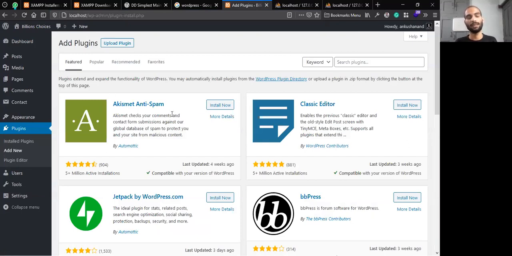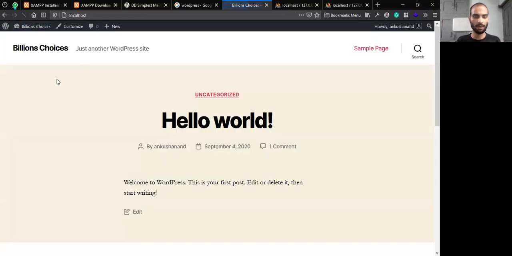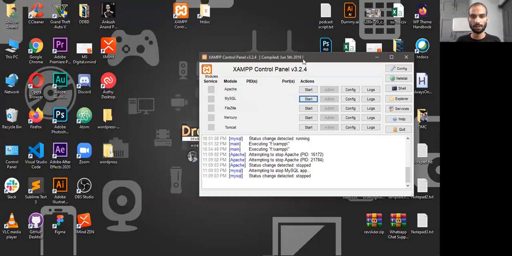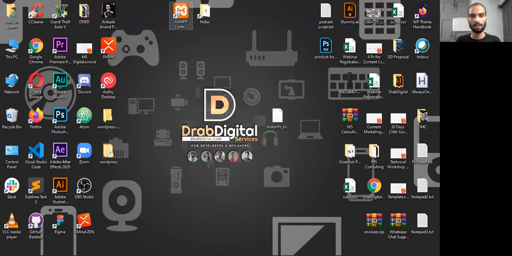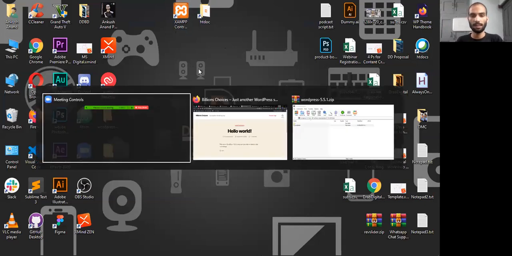But as I told you, there will be no indexing or stuff like that. It will be just on your PC. Later, if you want to upload this site to the live server, you can do that, and then that will be implemented there. Okay, so this is all, guys. This is how you can do it. Whenever you want to use this website, whenever you want to practice, you just have to go and run this control panel. So right now I disabled the server and stuff.